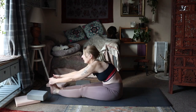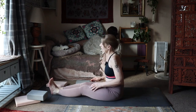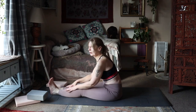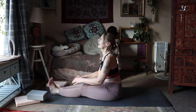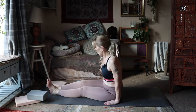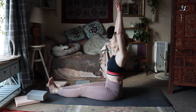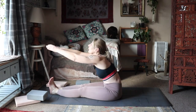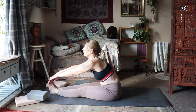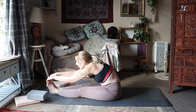Another way is to put a belt around your feet and hold on to the belt, or just put your hands on your shins. So instead of straining to reach your feet, I want you to keep your back straight, which is more important. So we're going to reach for our toes, reaching up, straightening, lengthening the spine, folding forward, head up, looking forward, reach for the toes. Now try and lengthen the spine from the bottom of the spine, and then slowly start